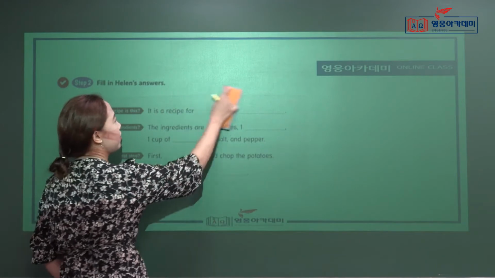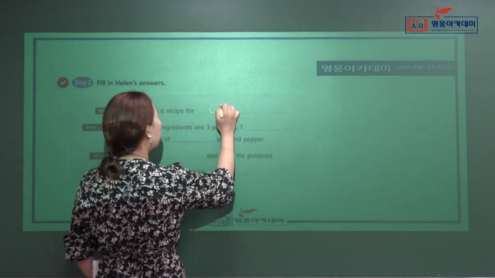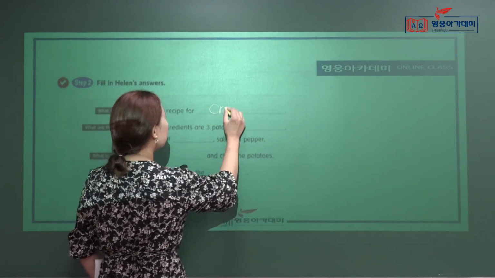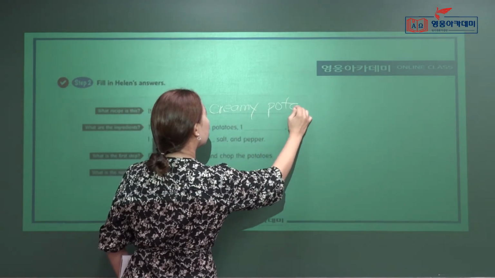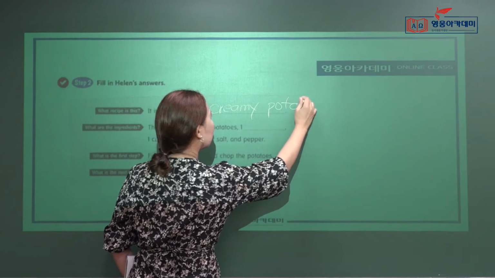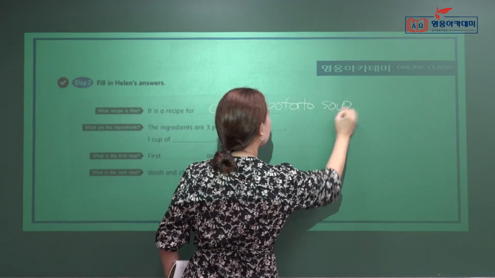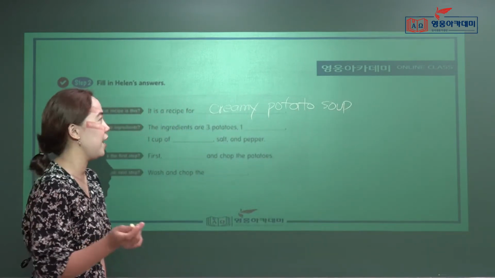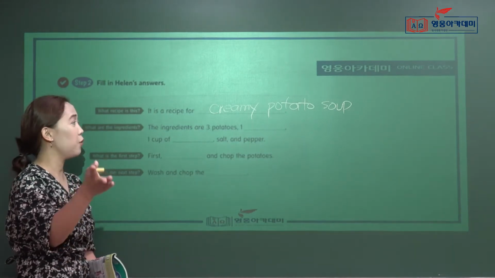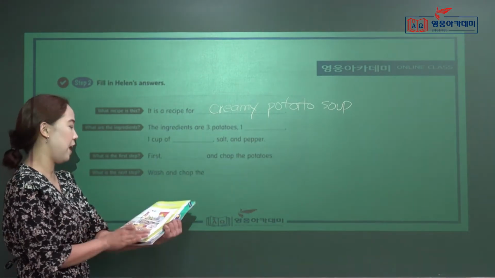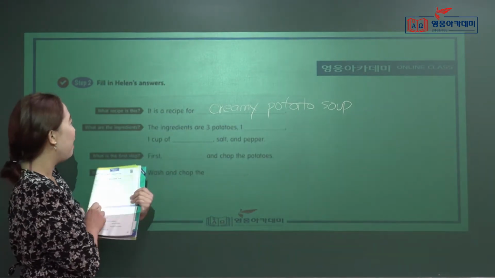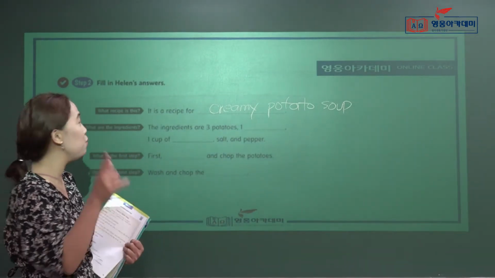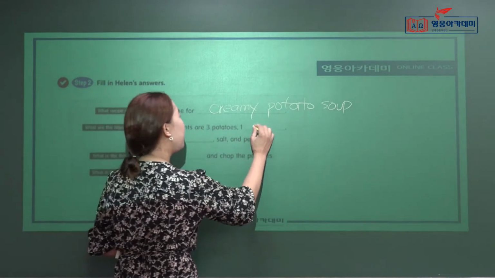Now write your answers here. Okay, it's a recipe for a creamy potato soup. Next, the ingredients are, so you can find everything here on top if you did not memorize it. The ingredients are 3 potatoes, right, 1 onion,